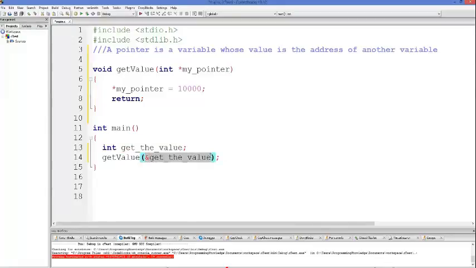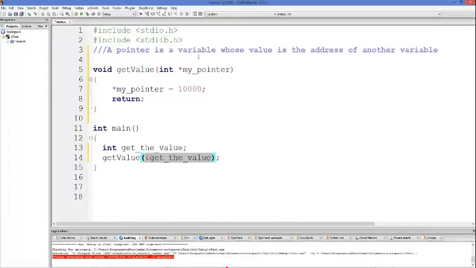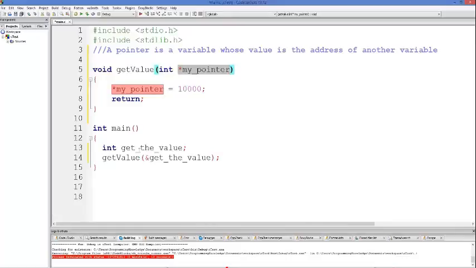So basically you can do something like this. So just always remember this definition. A pointer is a variable whose value is the address of another variable. So this is a pointer. So in place of this pointer, we can pass the address of another variable, right? And then